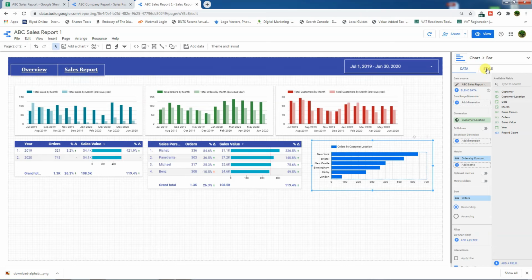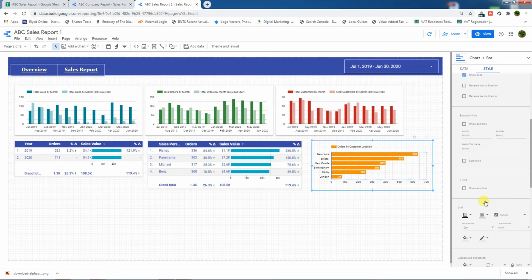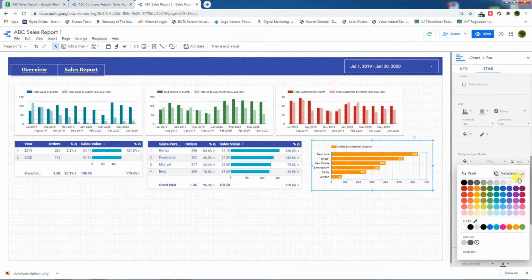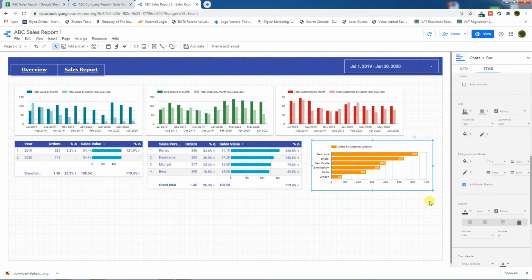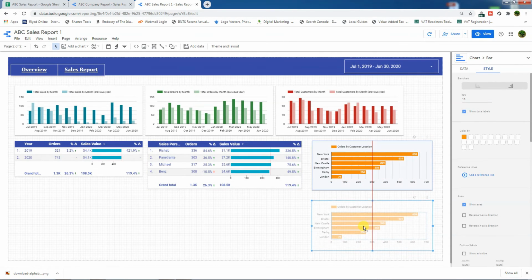We need to go to style, and we can choose to show the data labels. We can change the color, and here we need to add a border shadow. Okay, we will copy this and paste here, and now we need to know